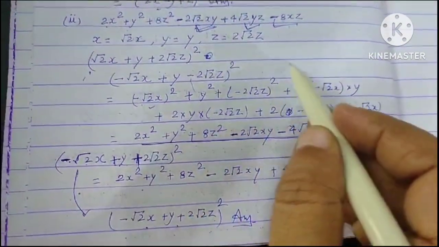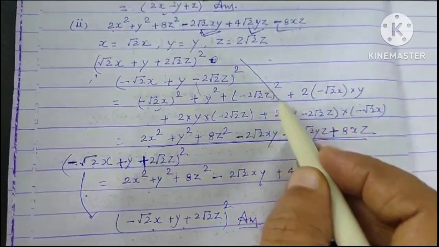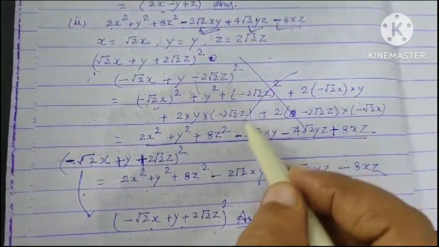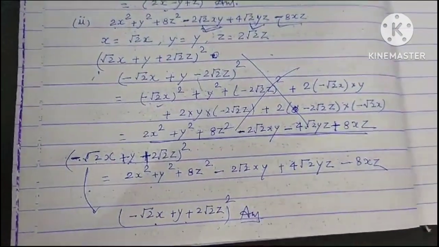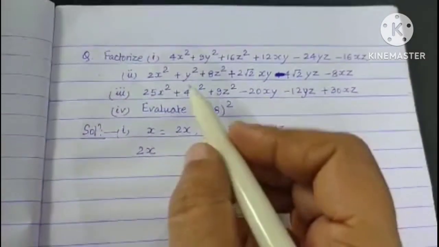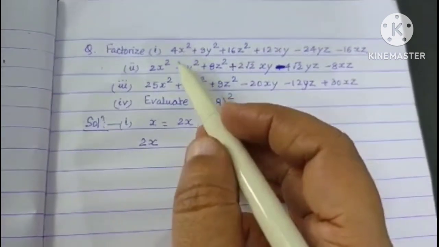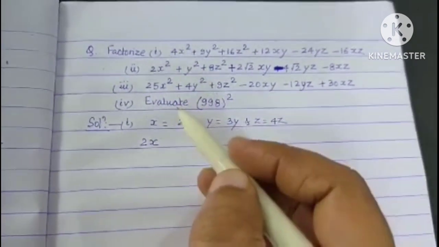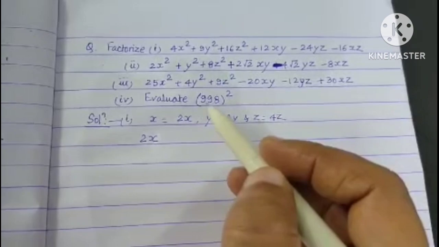Okay, this I have made you to understand only. This will not be the answer. This is going to be the answer. Okay, let's move forward. Let us solve these questions. For x, these three we have to factorize, and this one we have taken a different type of question.